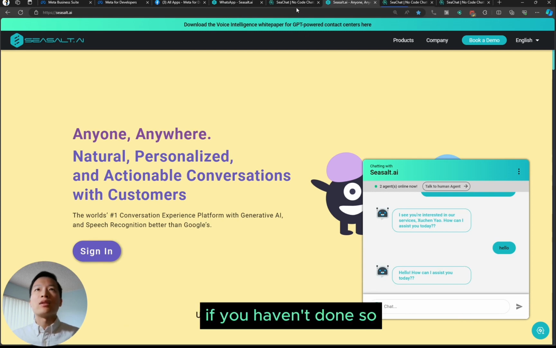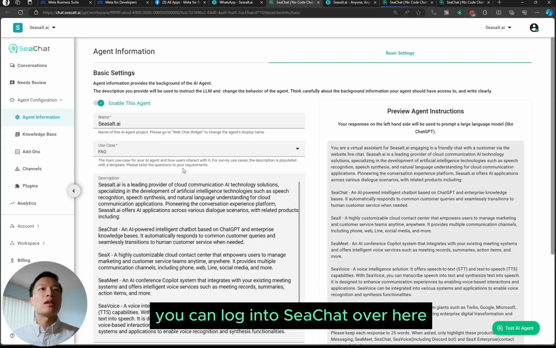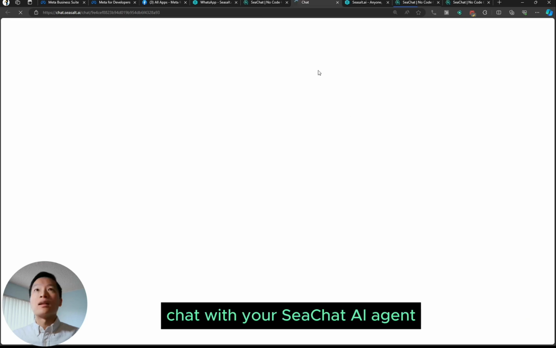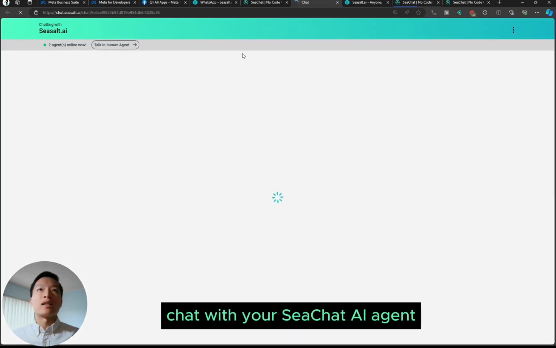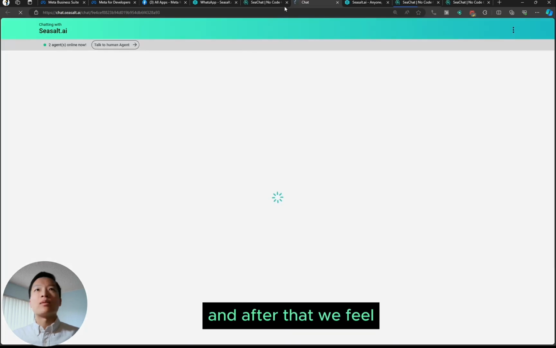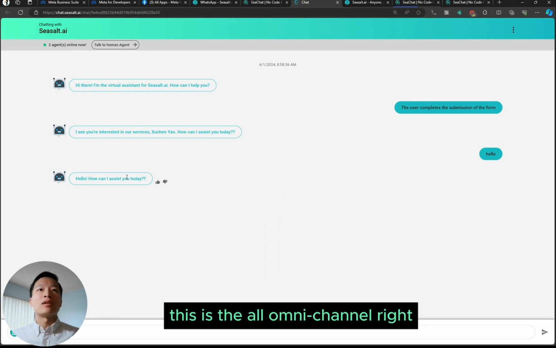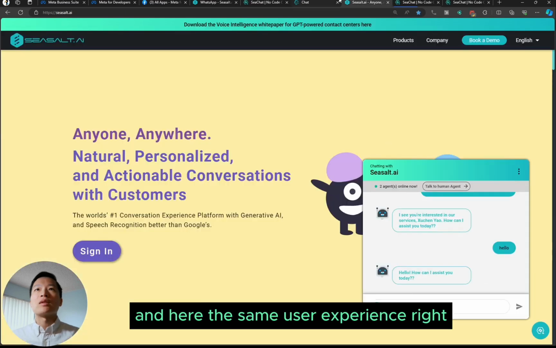If you haven't done so, you can log into CChat over here and configure your chat agent and then click on this test AI agent button to be able to chat with your CChat AI agent, right? And after that, we feel, oh, okay, this is all configured pretty well. This is all omni-channel, right? So here, the same user experience, and here, the same user experience, right?